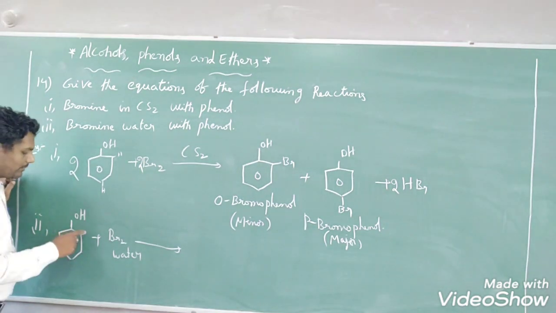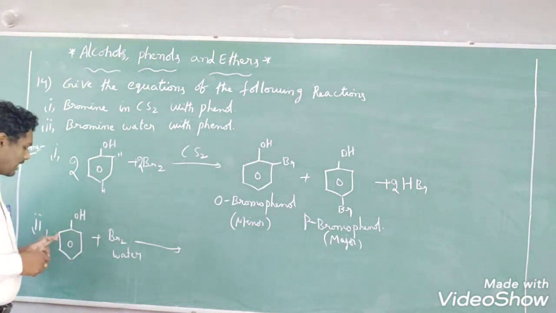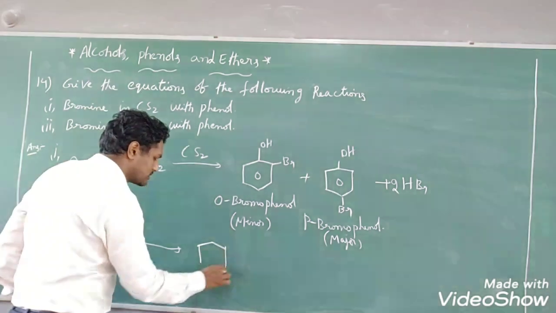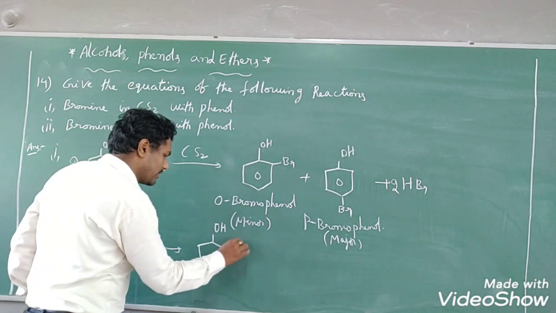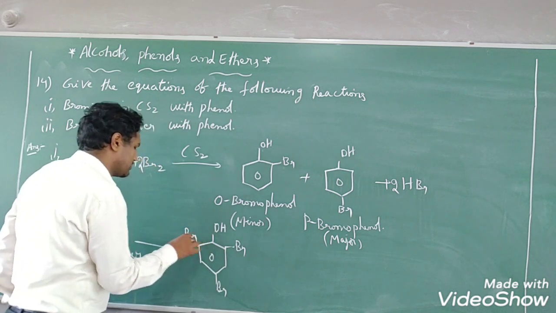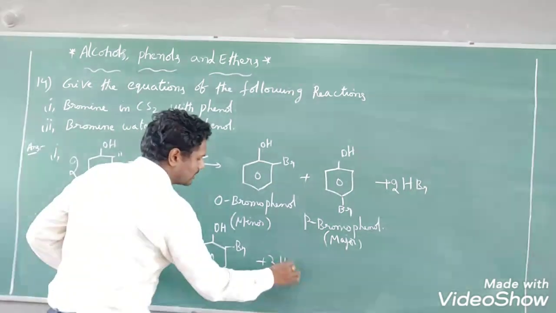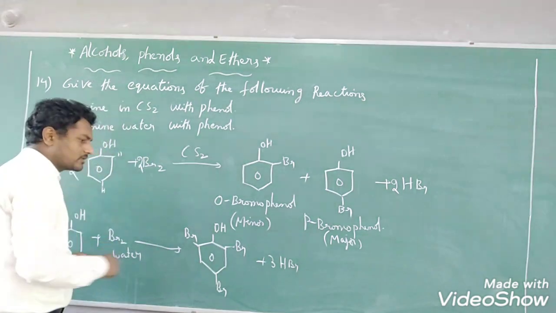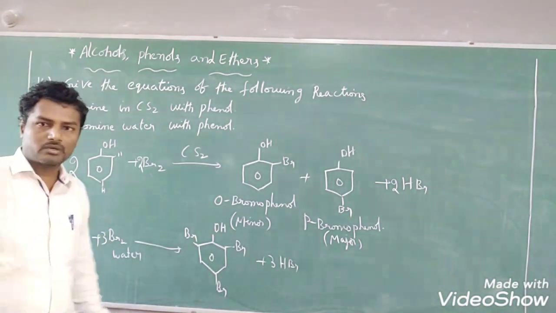Okay? So based on that, bromine will attack the 2 ortho positions and 1 para position. Then what compound will you get? You see that. Bromine, here bromine, right? To balance the equation, 3 HBr come out, because bromine has attacked at 3 positions, so 3 hydrogens are replaced by bromine. That's why 3 HBr. To balance that, I am taking 3 moles of bromine molecule, right?